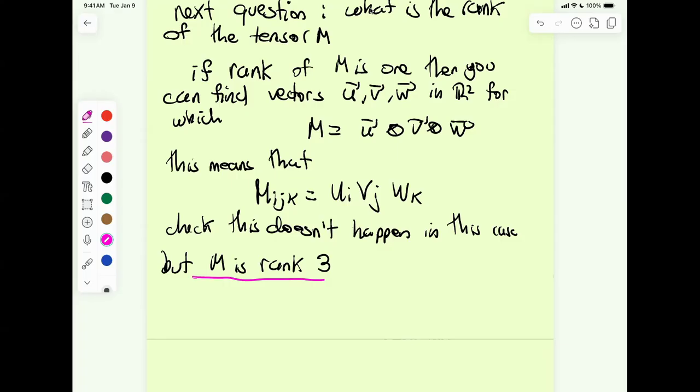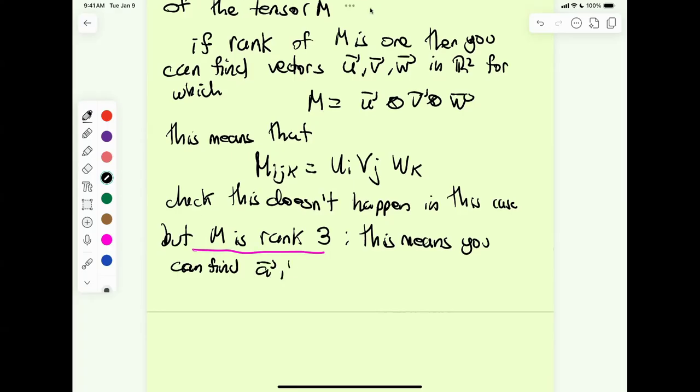It actually means that you can find 9 vectors. I won't be too clever with the notation for the vectors because I'm going to write it explicitly in a moment. So, you have 9 vectors